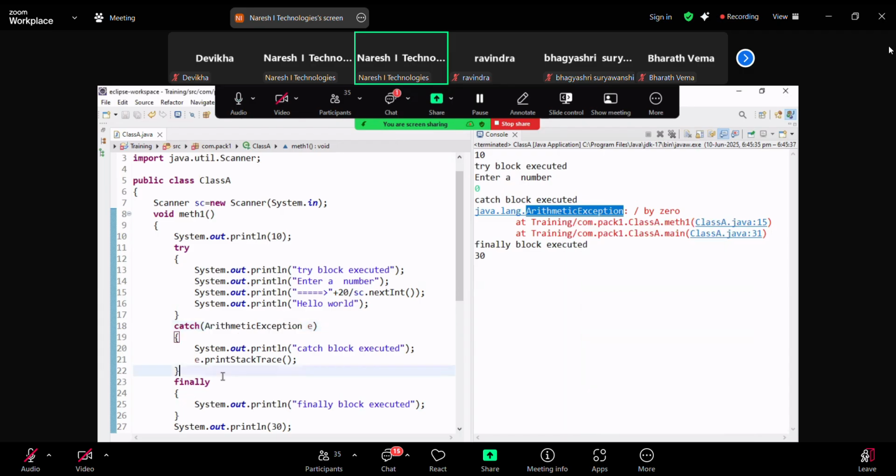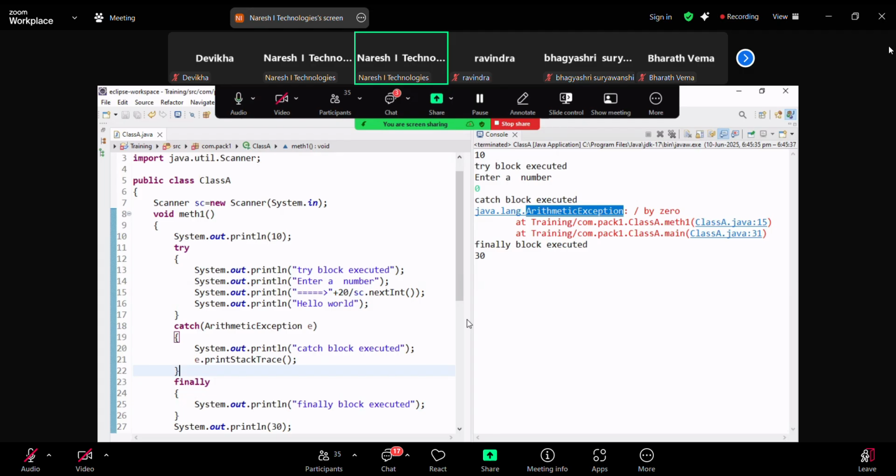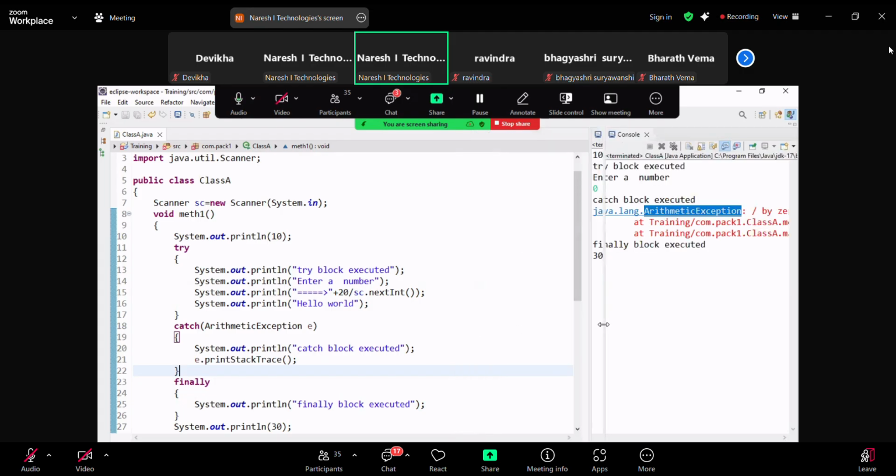Okay. So now answer my question. When will the catch block be executed? If an exception occurred in the try block and we need to handle that exception or its parent exception. What is the parent exception for all the exceptions? Exception, not Throwable. Exception. Am I clear with that? Okay. Now,